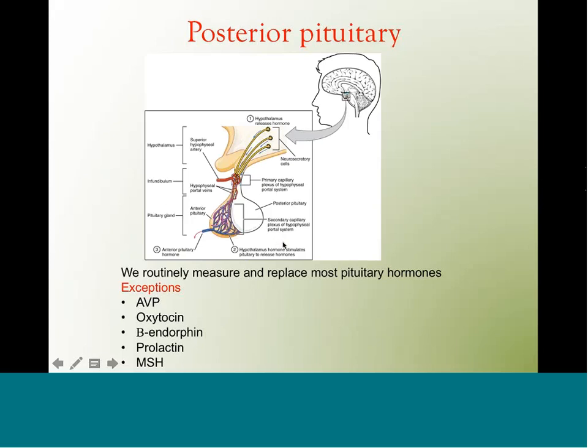Now, I think it's most interesting that we do measure most pituitary hormones. The exceptions are we rarely measure AVP, we usually don't measure oxytocin, and we don't measure beta endorphin. We measure prolactin if it's high, but not particularly if it's low. And we don't measure the MSHs: alpha MSH, beta MSH, and gamma MSH. All of them we usually don't measure and we usually don't replace. And I want to bring up the issue: maybe we should be looking at and replacing some of these hormones, specifically today the top two.